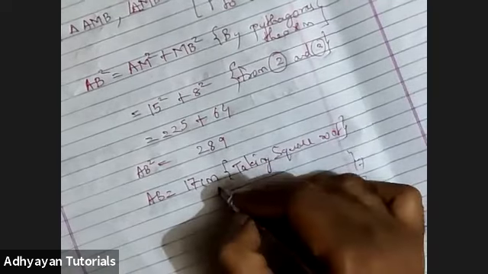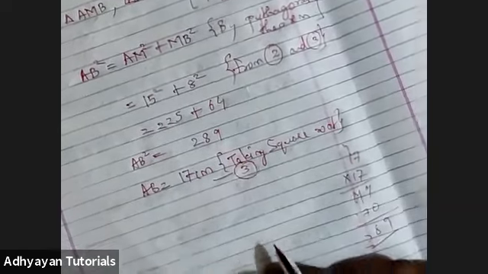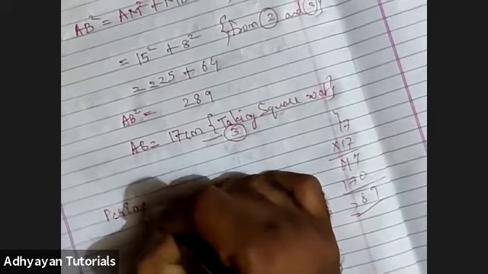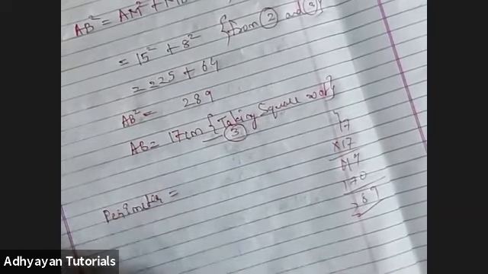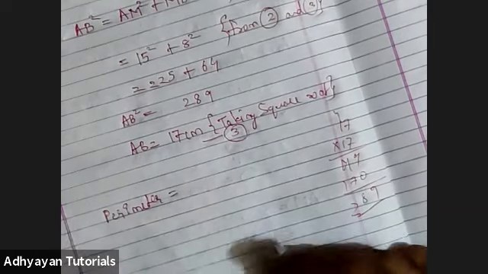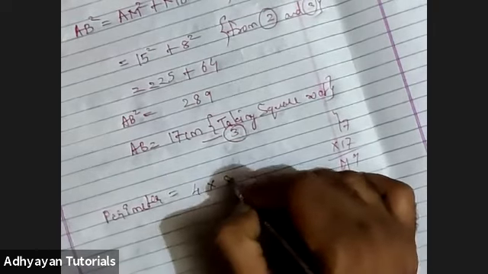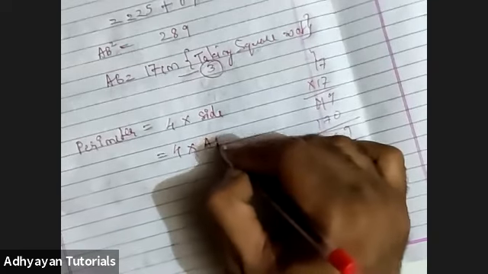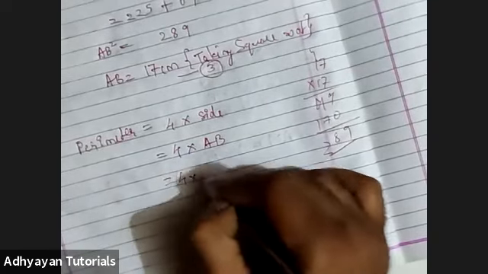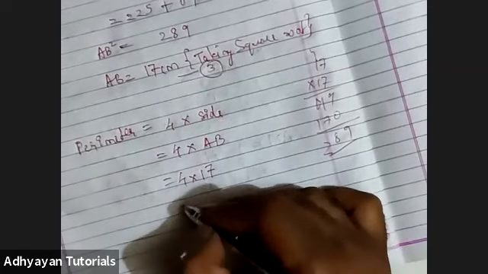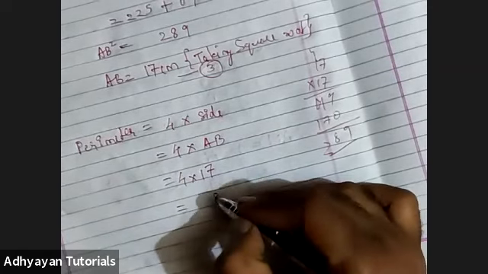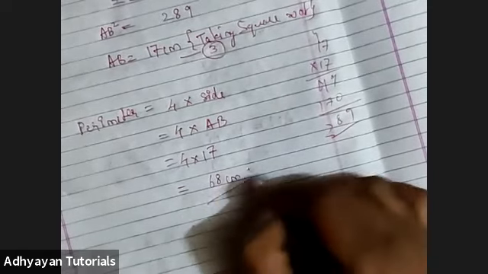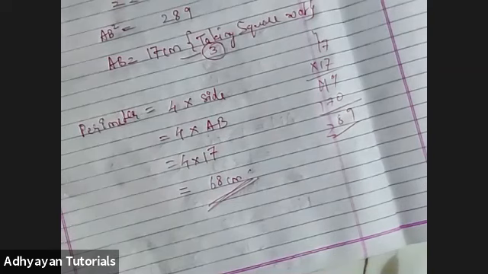Now I hope you kids remember how to find the perimeter, right? For the perimeter, this time we will write directly like we did in the last sum. I won't go into that depth. We all know now perimeter is nothing but 4 into any side's value for a rhombus. So 4 into the side here, AB, that is 4 into 17, right? So 4 sevens are 28 and that is 68 centimeter. That is the answer. So the perimeter of the required rhombus is 68.